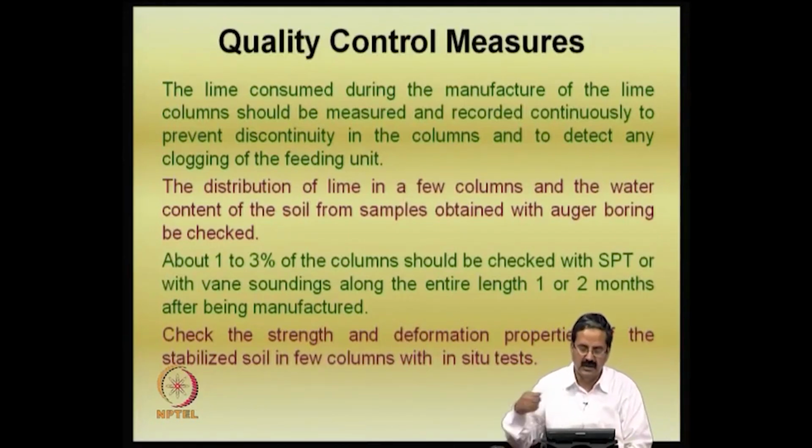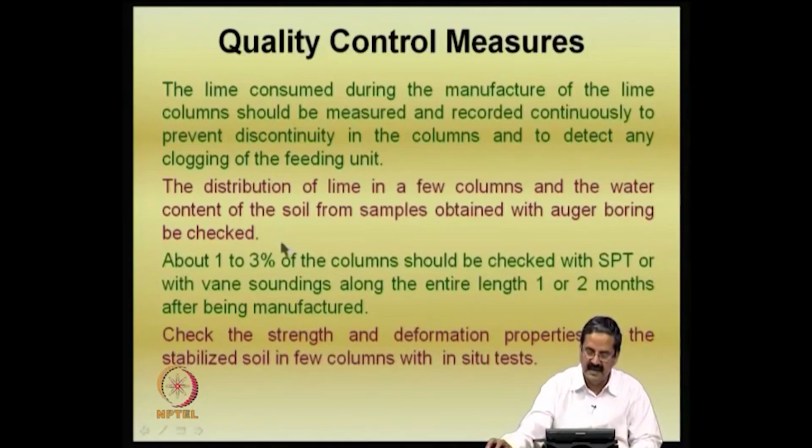So, the distribution of lime in the columns and the water content samples obtained with auger boring must be checked. In fact, you should be able to do some sort of checks on how the distribution of lime columns and the migration of lime is, and whether the lime distribution is satisfactory,